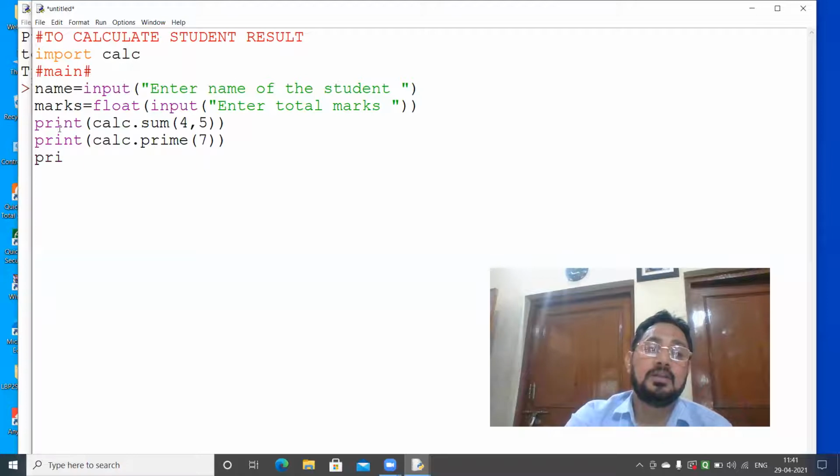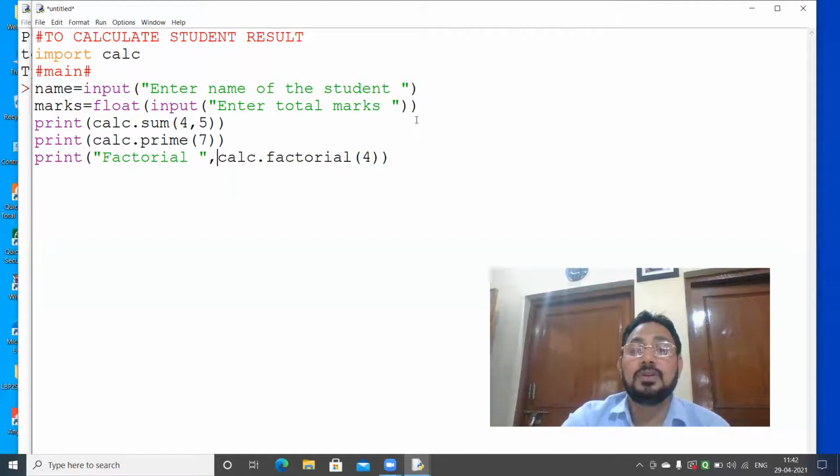Then I will write print calc dot factorial, and I am giving here suppose 4. I write factorial so that it's displayed also.